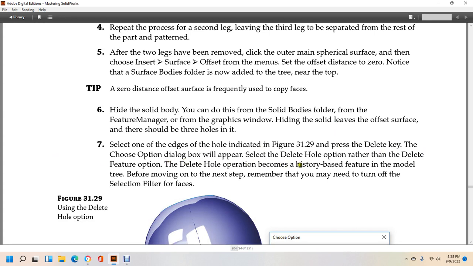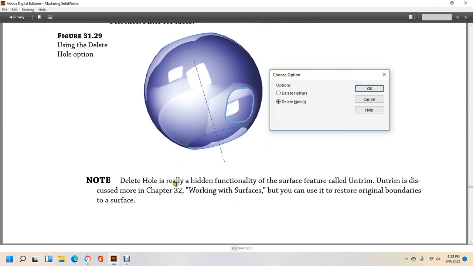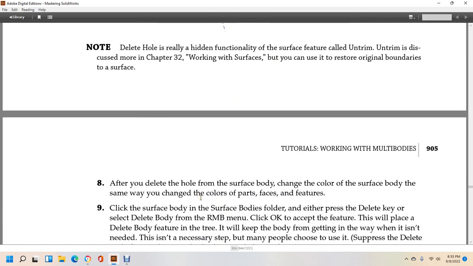The delete hole operation becomes a history-based feature in the model tree. Before moving to the next step, remember that you need to turn off the selection filter on the faces. Delete hole really is a hidden functionality of the surface feature untrim, and untrim is discussed in chapter 32, Working with Surfaces, but you can use it to restore the original boundaries to the surface. After you delete the hole of the surface body, change the colors of the surface body